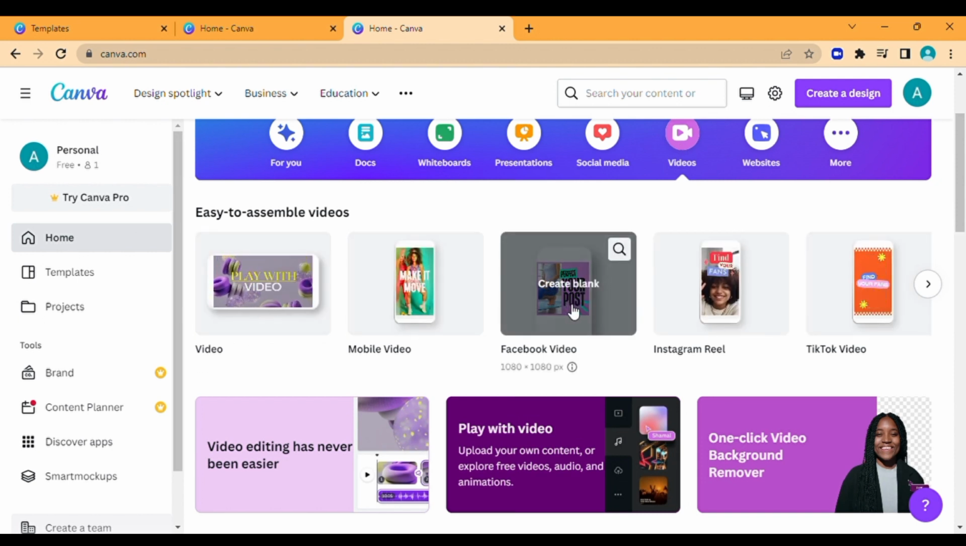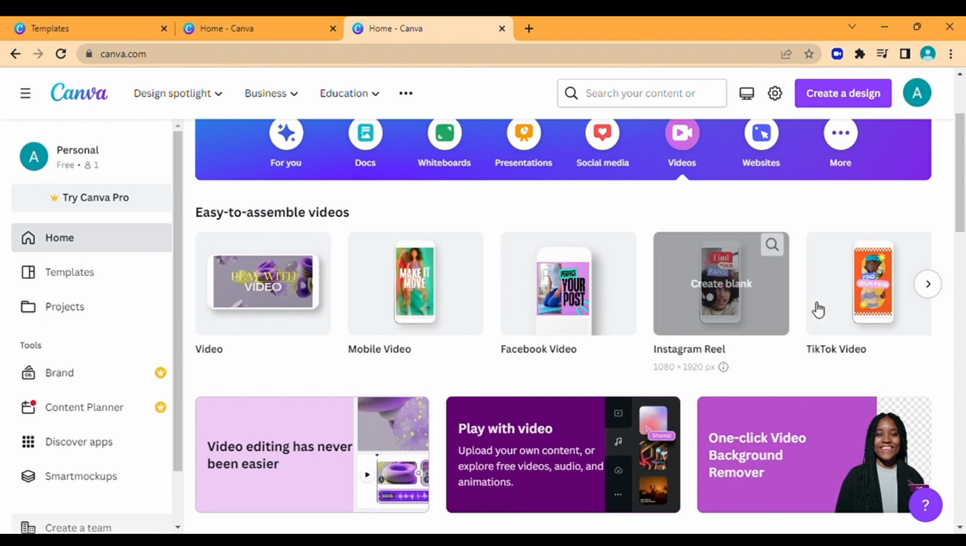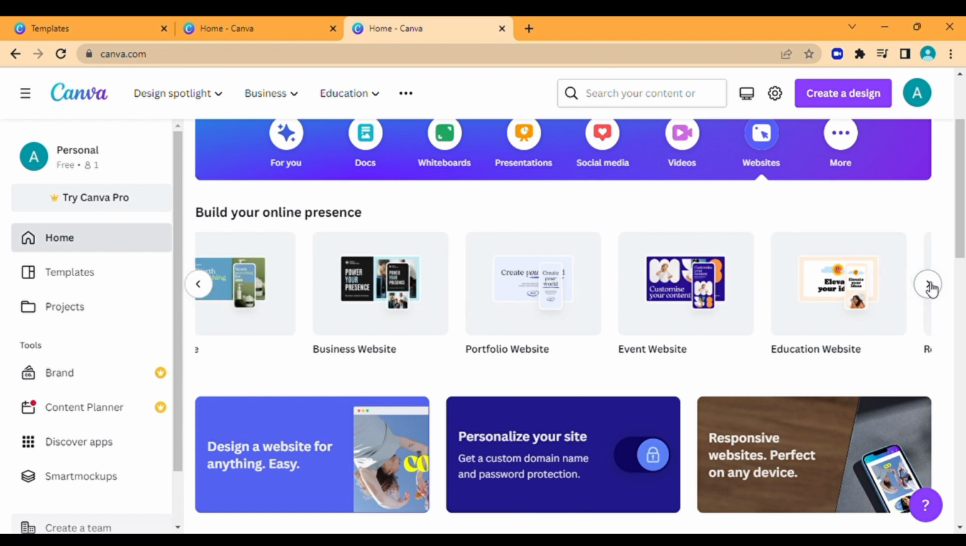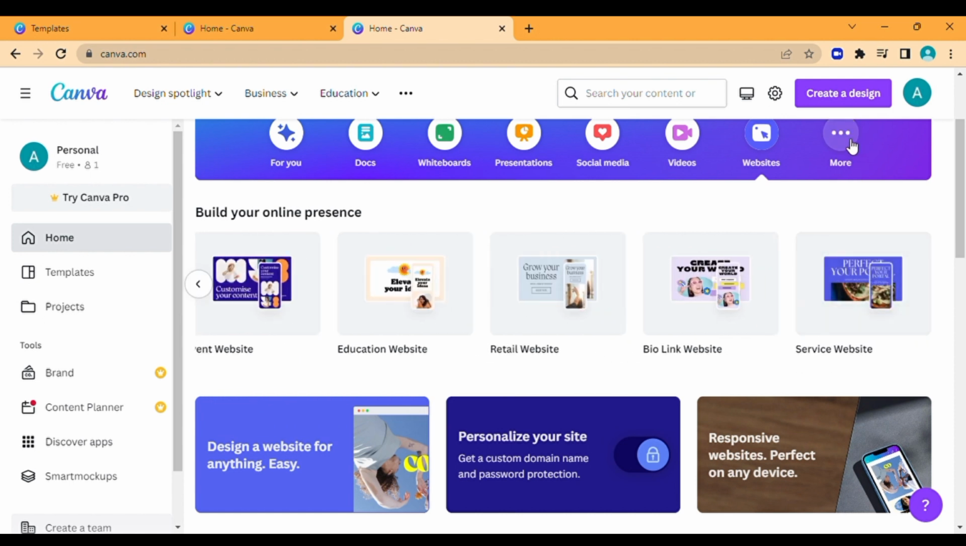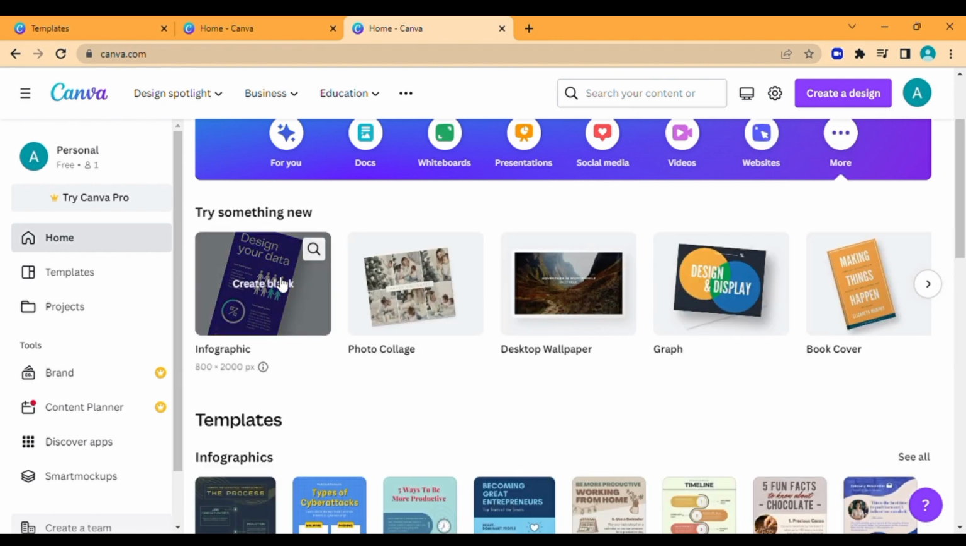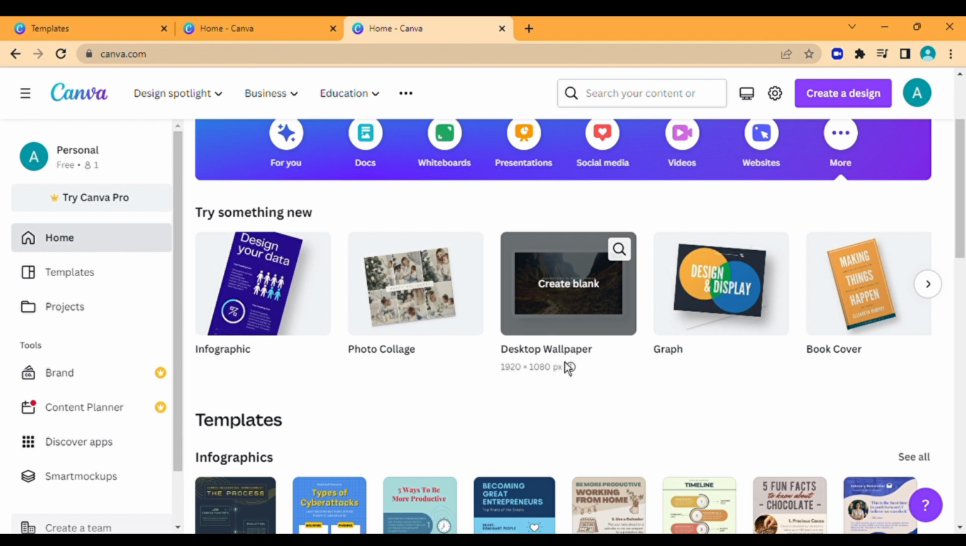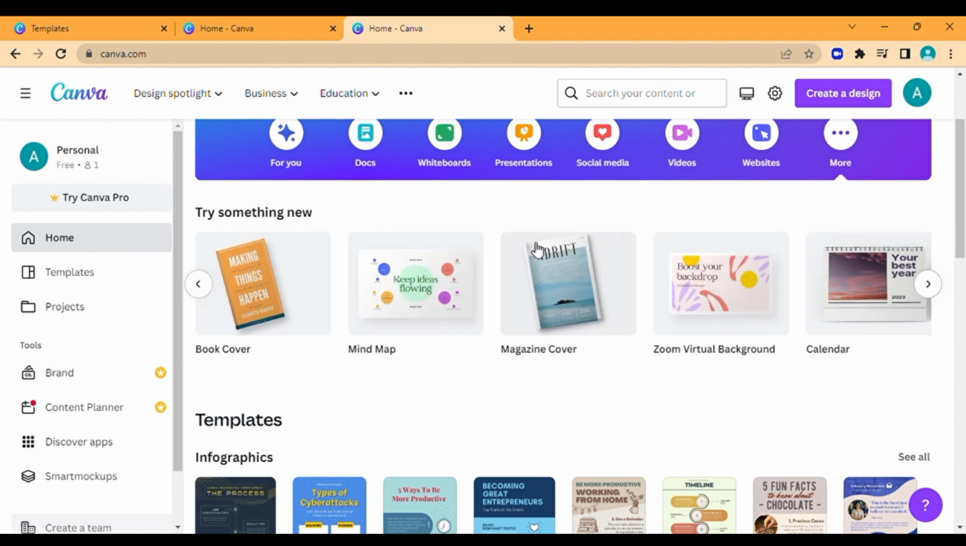and use all of these templates to create short videos for your project. You can also build an online presence or websites here. You can also explore more options here. You will see different infographics, photo collages, desktop wallpapers, and many other things. Or simply you can